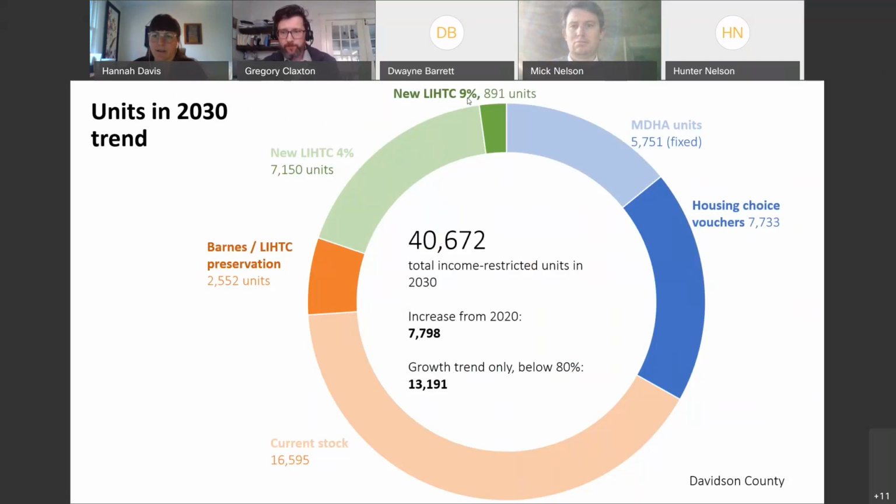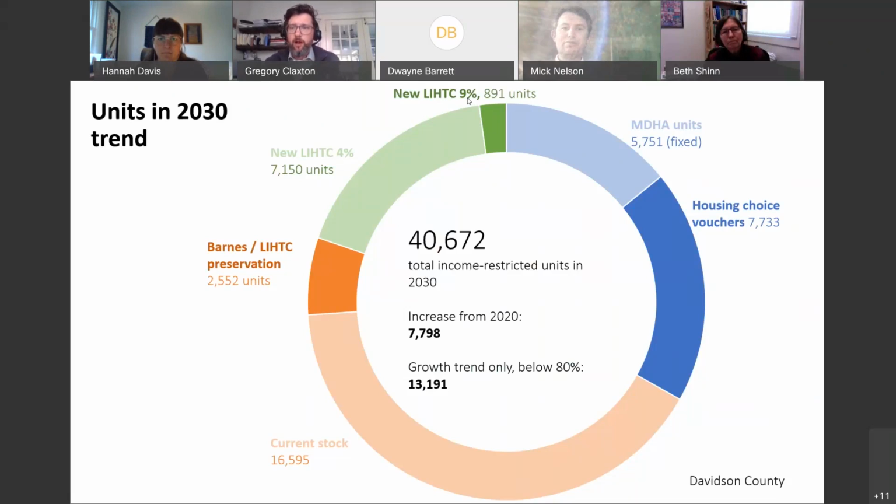Any additional questions for Greg? Dr. Shin, can you break that down at all by income level? The below 80 segmented down? Yeah, we can break it down for the growth trend or the total need, making some obviously very rough assumptions. We don't have the current inventory or the trends for unit production broken down by income level, so we can't match it up that way, unfortunately.